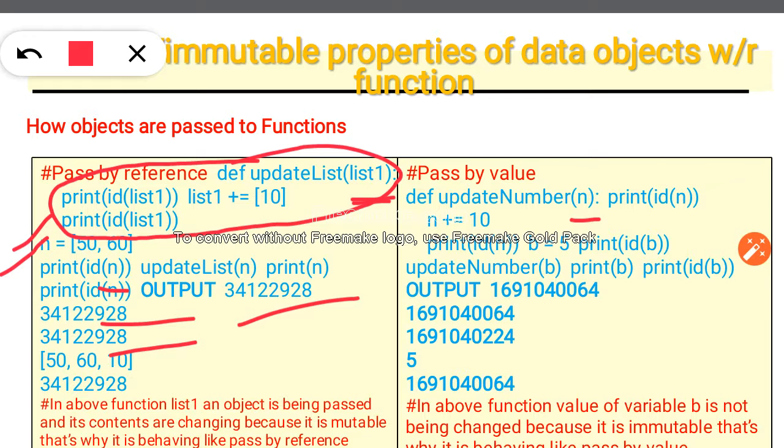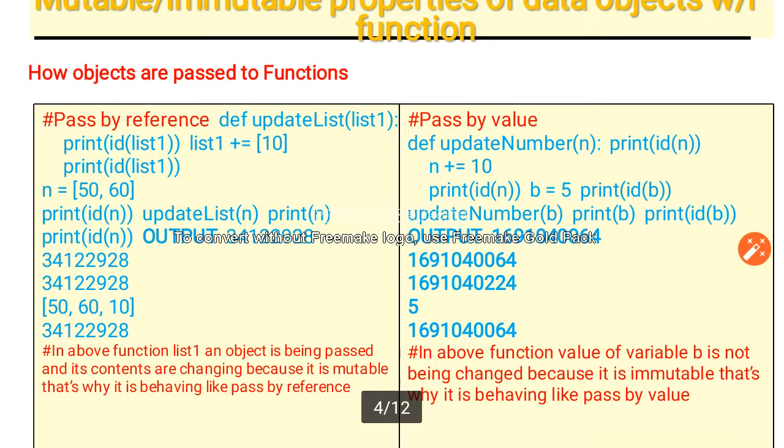It is immutable. All of you know integers are not mutable, but lists are mutable. So through this program, when we run it, you will see that the outputs are not changing. In our function, the value of variable b is not being changed because it is immutable. That's why its property is behaving like pass by value. I hope this is clear to you all.